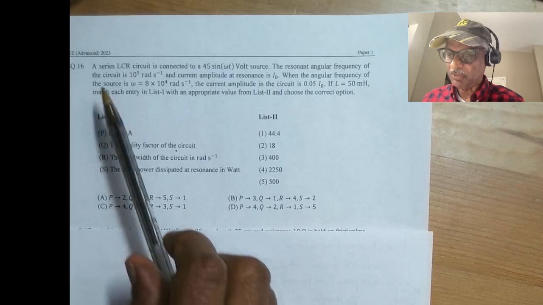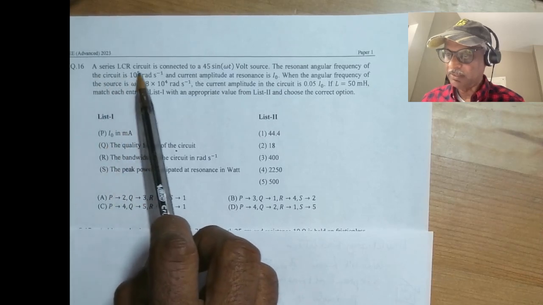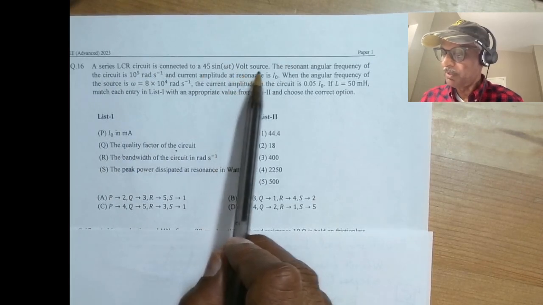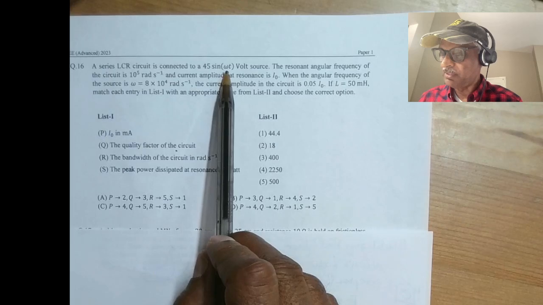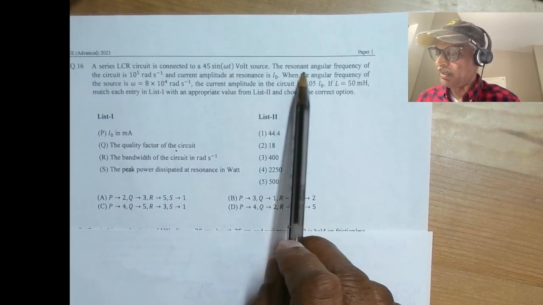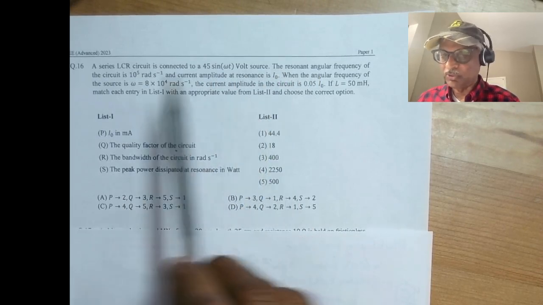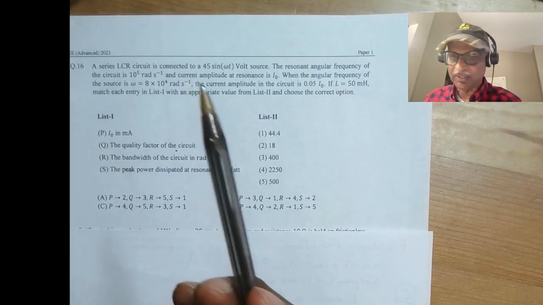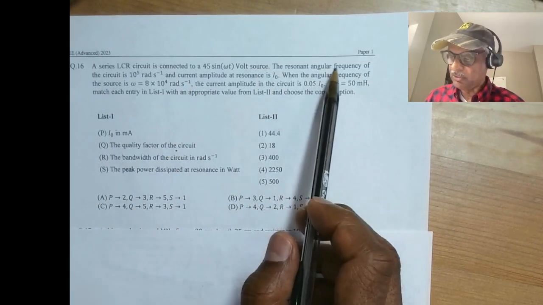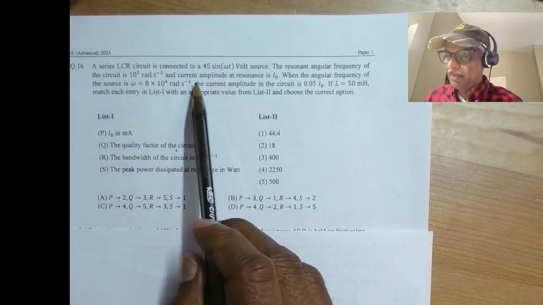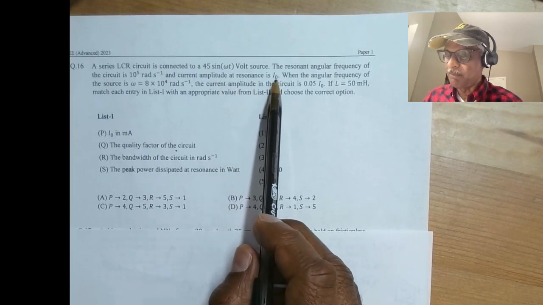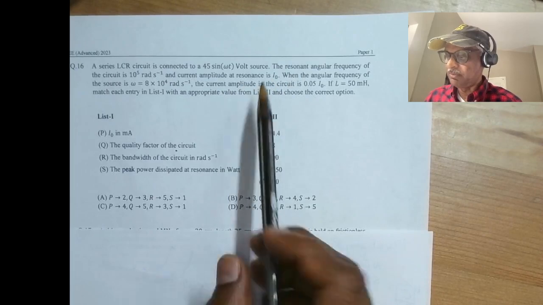So this question is about a series LRC circuit. And the source is given. This is the angular frequency of the source, so this is an AC source, and it says the LRC circuit is a resonant circuit, so at some frequency you'll find resonance, and the resonance frequency is this. Current amplitude is I0 at the resonant